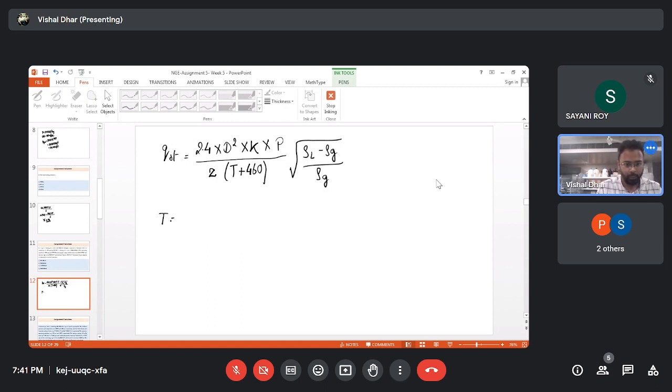So T equal to 78 degree Fahrenheit, P equal to 850 psi,